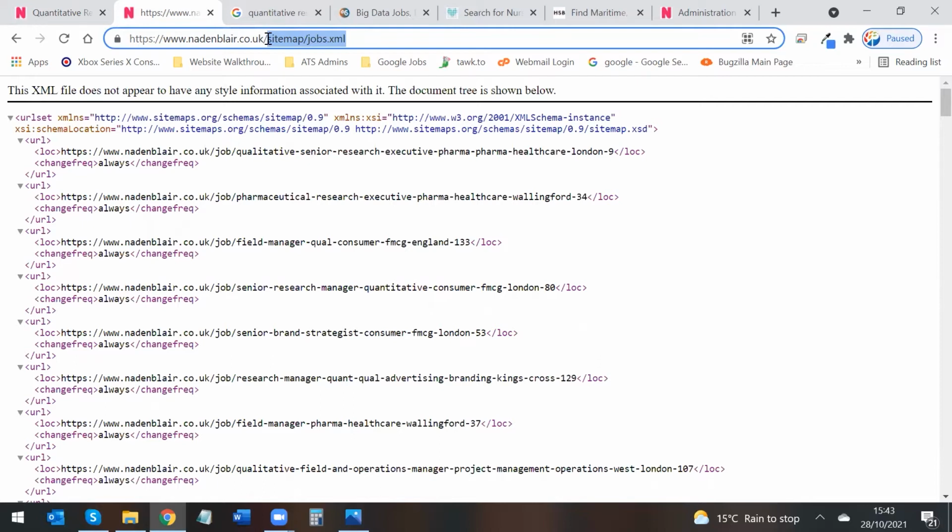Now, your Google Jobs website map is built in a specific format so that Google knows all of the important elements that it needs to populate its own Google Jobs database. And that primarily is your job title, summary, salary, contract types, job description, and anything else, the application URL to make an application to that. So once we submit this to Google, Google will parse it on a regular basis. If there's any errors or problems, you'll be notified by email via your Google account. And if you do get persistent problems, then send them into support and we can jump on it and see